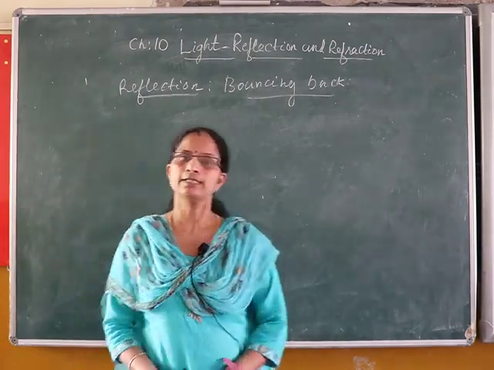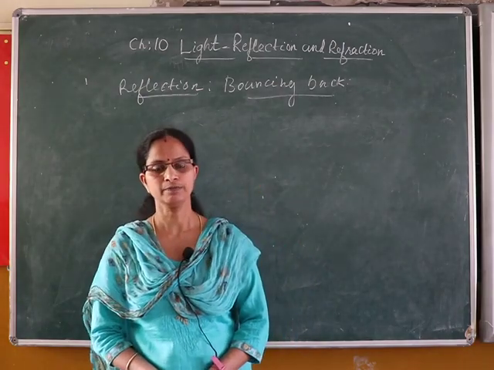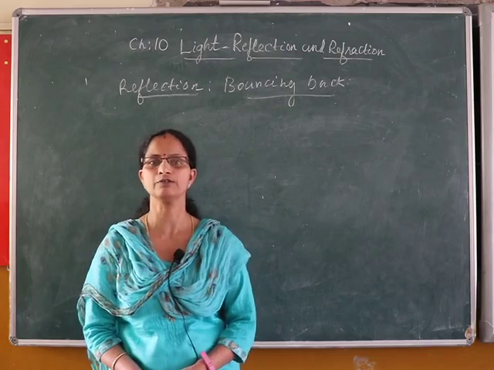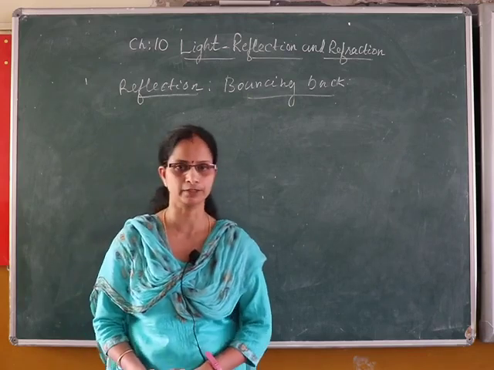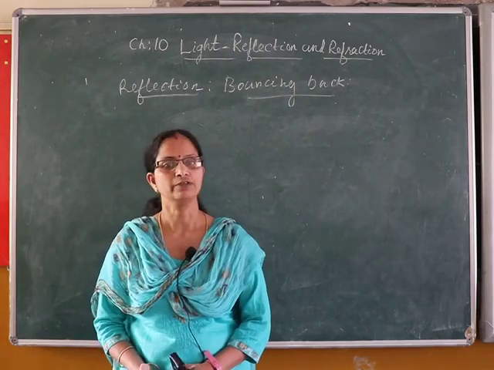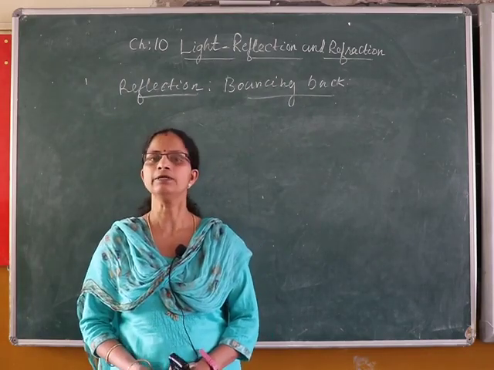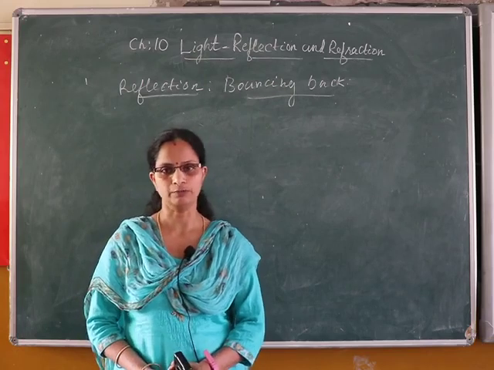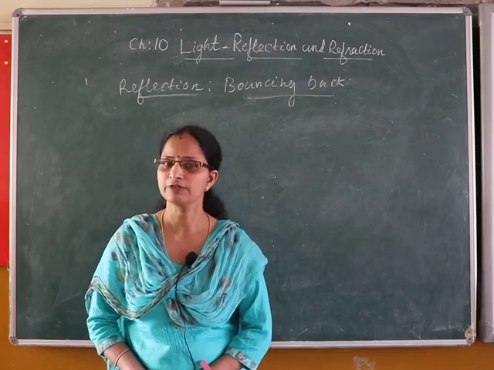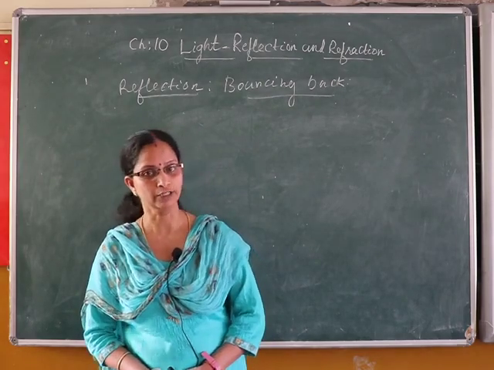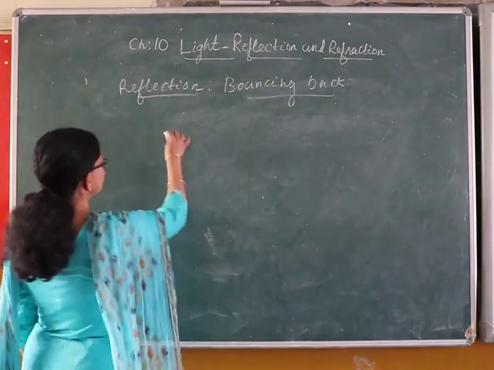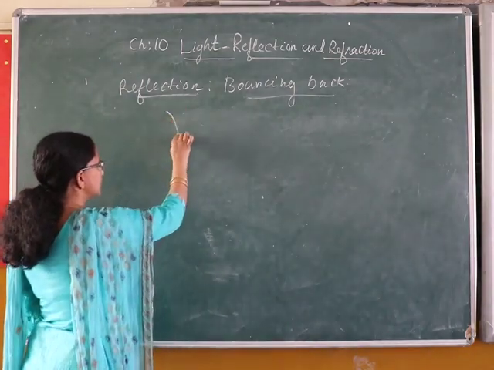Now moving to the next type of reflecting surface, known as the spherical surface, and the reflecting surfaces are called spherical mirrors. Spherical mirror means the reflecting surface is a curved surface, and it can be formed in two ways. If the reflecting surface is curved inward, it is known as a concave mirror, such as if we draw that reflecting surface like this.